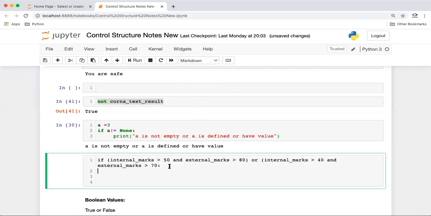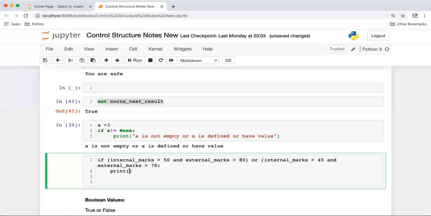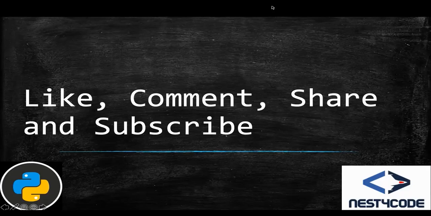I'll just show you guys like this, right? So this is not a code format. So here what we are trying to do, we are trying to use a combination of both, right? If internal marks is greater than 50 and external marks is greater than 80, then also the student will get a grade A. If internal marks is greater than 40 and external marks is greater than, it should be better, right? Something like say 85.